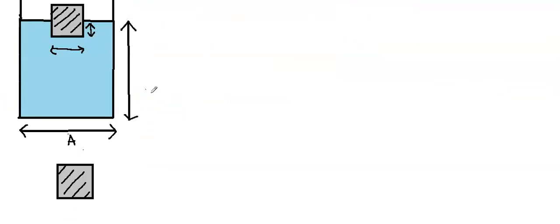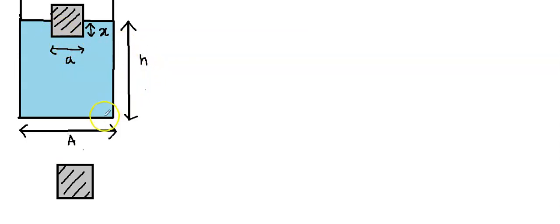So I have the diagram right here, and before we start solving, let's just label some of the dimensions here. Let's say x is the length of the cube inside water, and let's say a is the side of the cube, so x is less than a, and we have A being the area of cross section of the container, and let's say h is the height of the water.